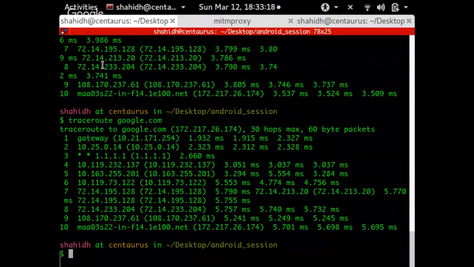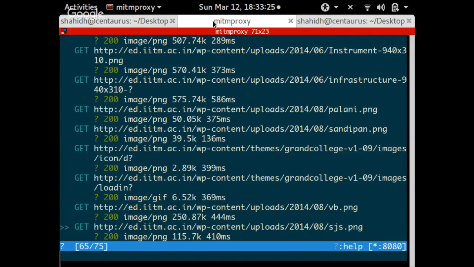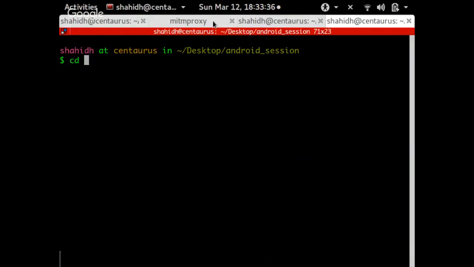Usually, even they can be manipulated. Okay, so MITM has this feature, right? It's not just intercepting HTTP requests. It can also intercept HTTPS requests. But for that, what you basically need to do is, when you install it,